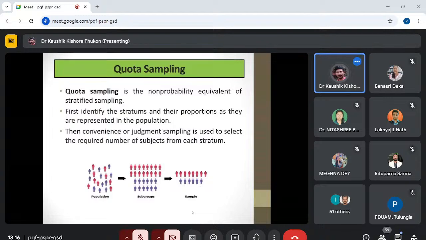So first thing, a researcher must stratify the population. He or she should divide it into subgroups. Then the researcher may apply judgment sampling to select the actual sample from the strata. This is quota sampling, completely different from our previous two sampling techniques. Then next is